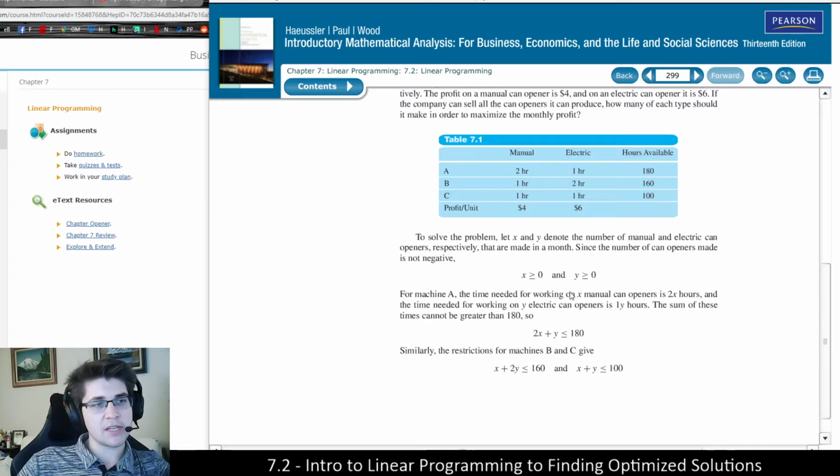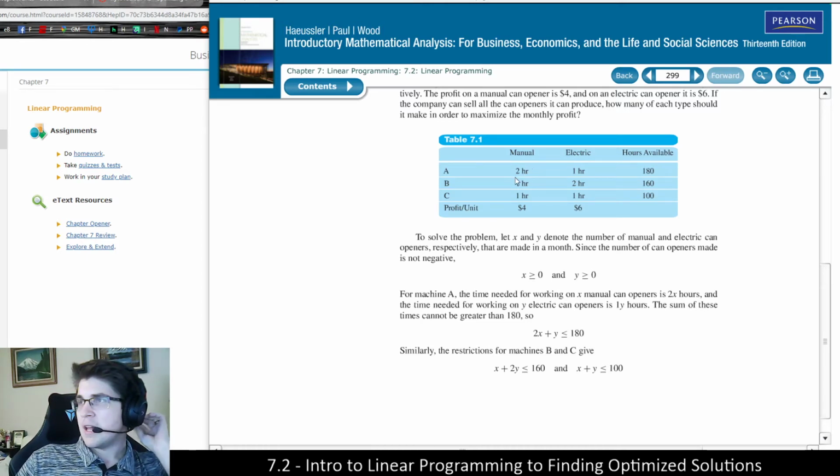Obviously, they have to be greater than or equal to 0 because you can't produce a negative amount of can openers. And we restrict them to the integers because they have to be whole numbers, not fractions or decimals. Additionally, if we're thinking about each of the constraints based on the time we're allowed to use those machines,